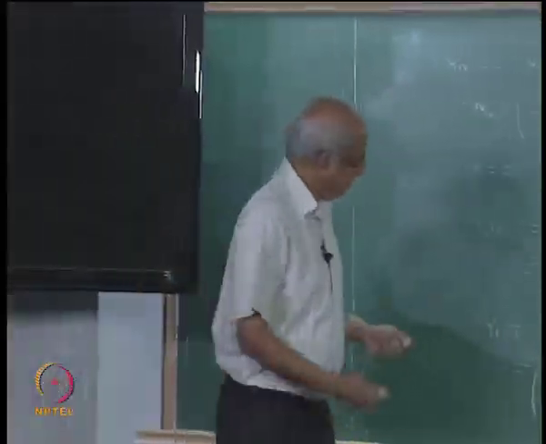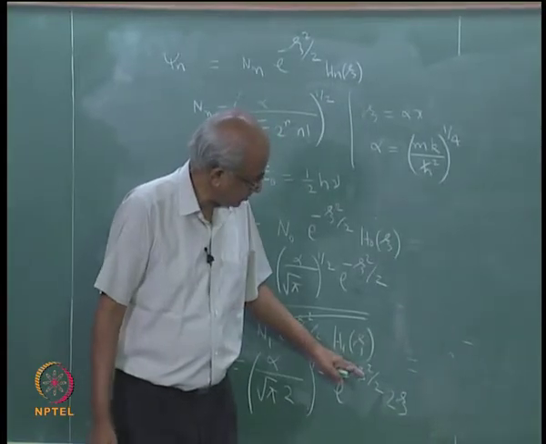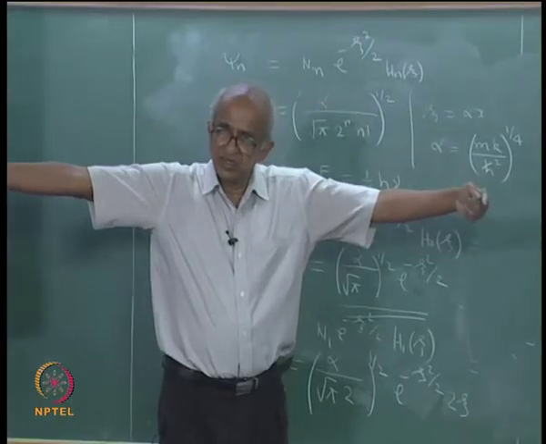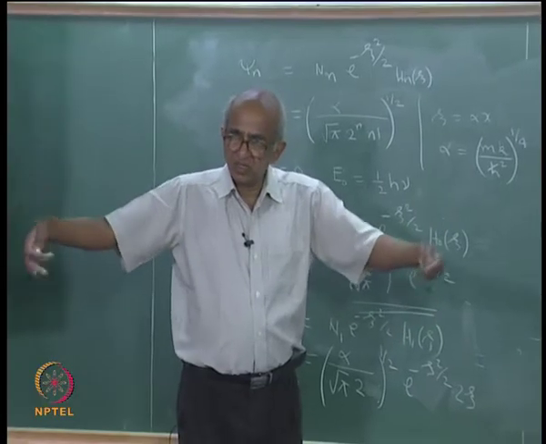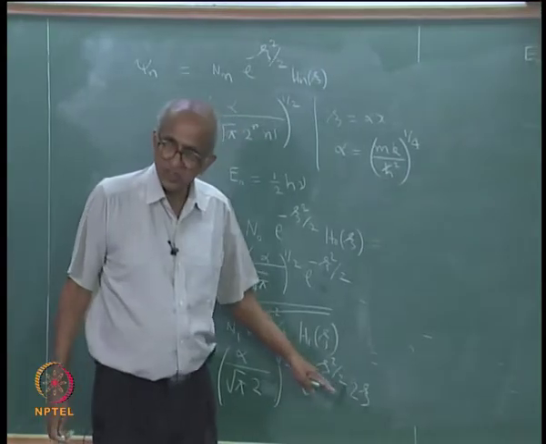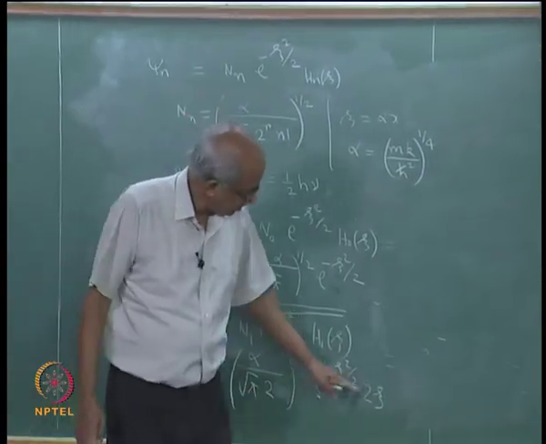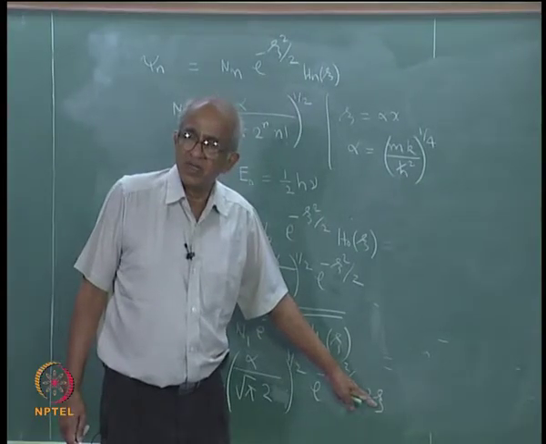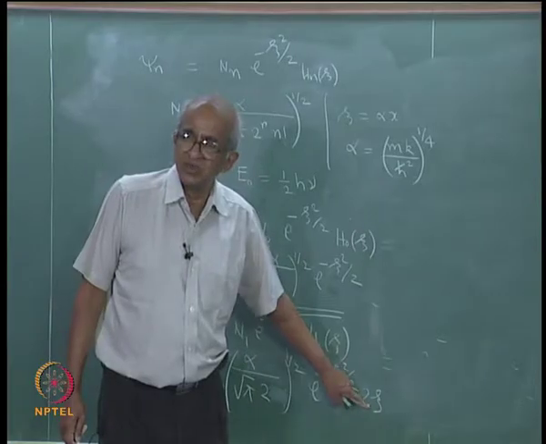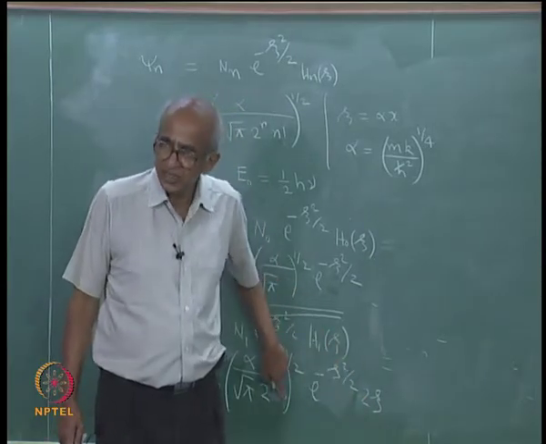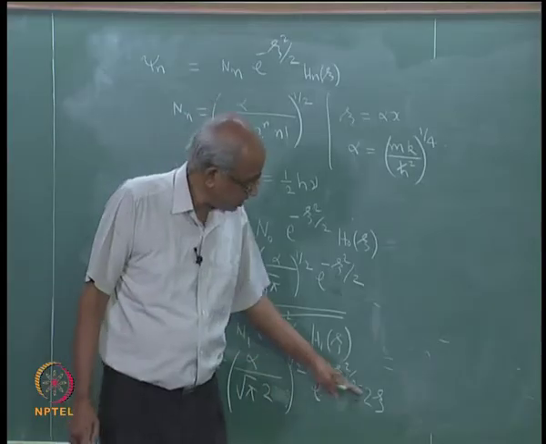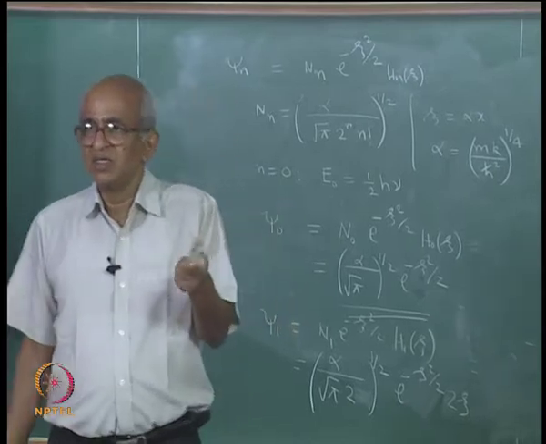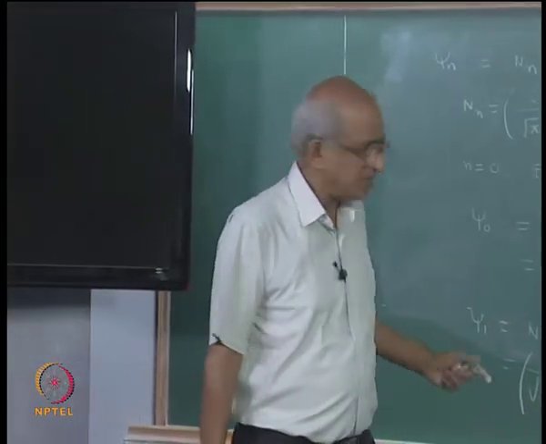So, therefore, the interesting part is this e to the power of minus c square by 2, which actually says that the function will be becoming 0 at infinite distance from the equilibrium position, right. E to the power of minus c square will ensure that the function is well behaved, but in addition to that you have this c. So, if you have the c, what will happen at the origin where c is equal to 0, this function will vanish. And not only that, you can see that if I replaced c with minus c, the sign of the function will change, and therefore, this is an antisymmetric function.